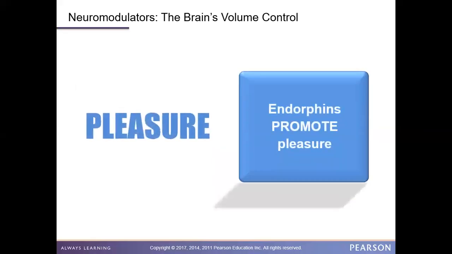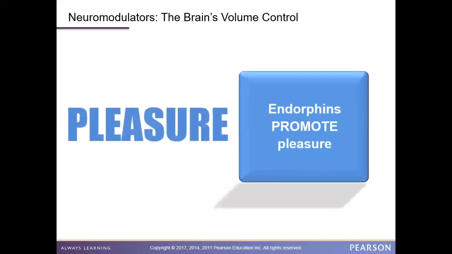However, endorphins also promote pleasure. Let's say it's a romantic night with your sweetheart. You've gotten yourself into some of that Georgia wine. So things start to get a little romantic, right?